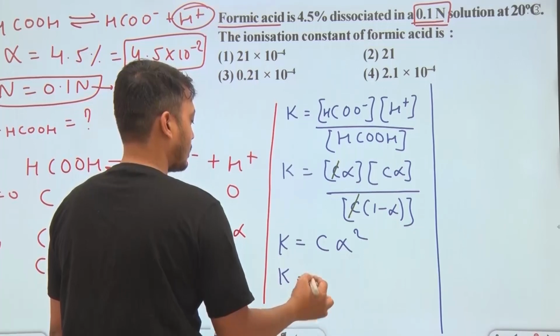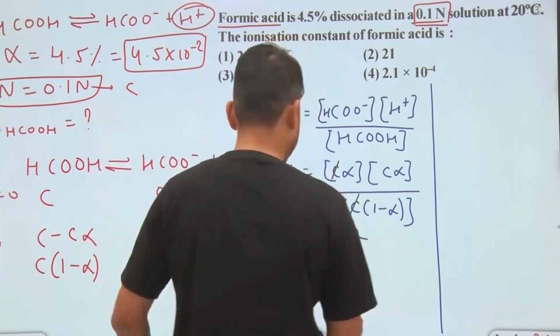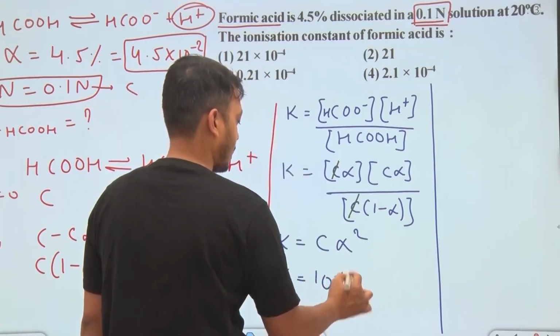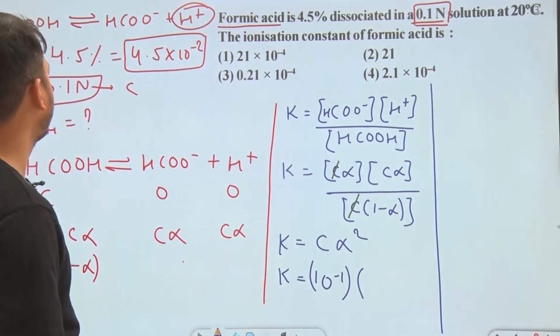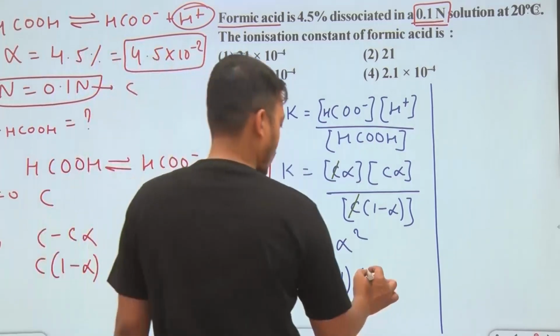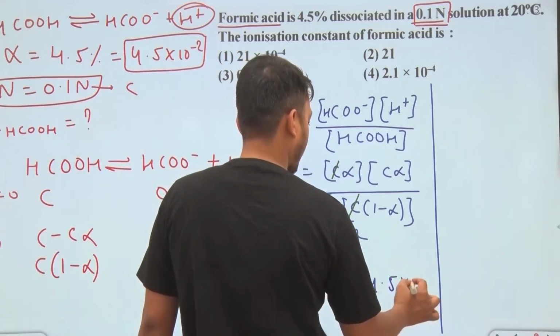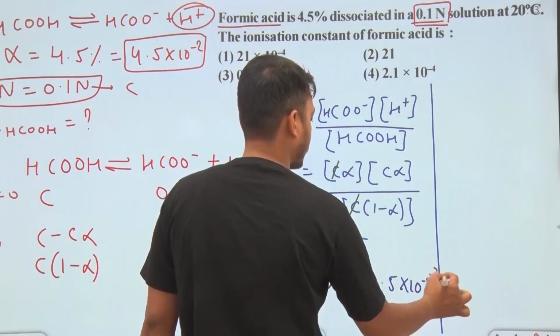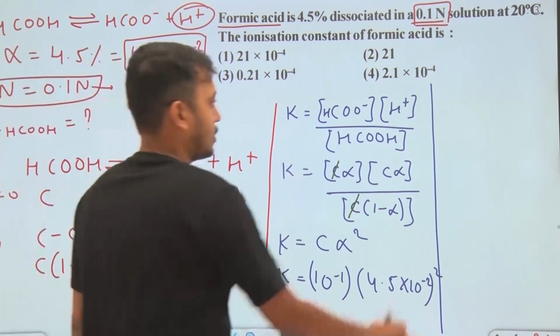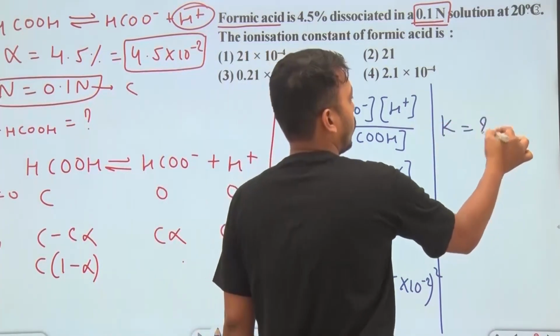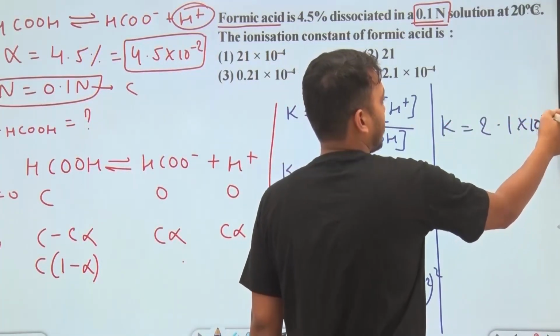Now put the value: C, that is the concentration, is 10 raised to the power minus 1, and the alpha value is 4.5 into 10 raised to the power minus 2, squared. This is the value of alpha here. Now we have to solve this value. So on solving, we get K equal to 2.1 into 10 raised to the power minus 4,